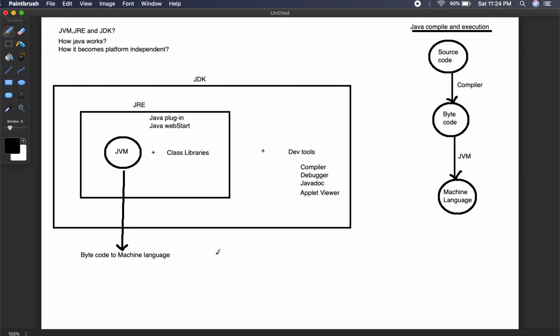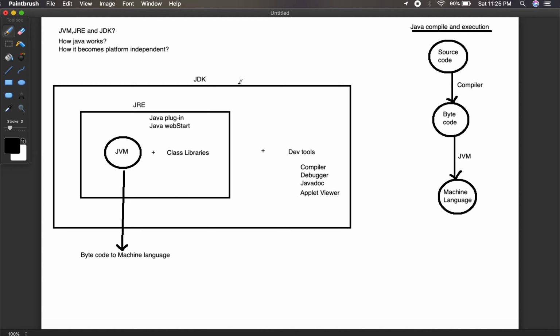If you just want to run a program, you need to have a JRE. That is more than enough to run a program, because that is the Java runtime environment. It has JVM plus the required libraries to run a program. And a JVM is an abstract machine which you physically can't see, but that provides the runtime to execute a program. Okay,